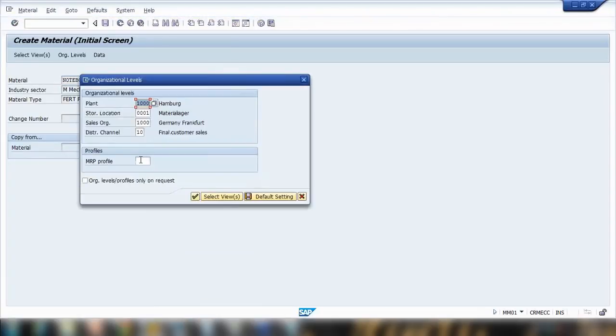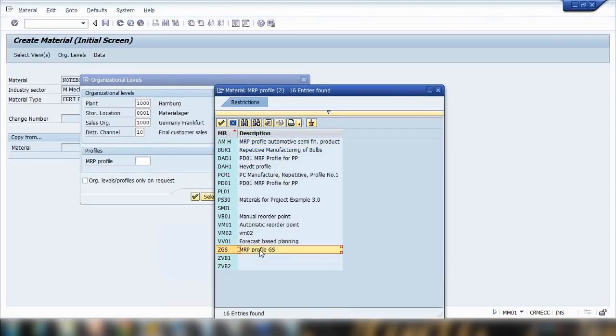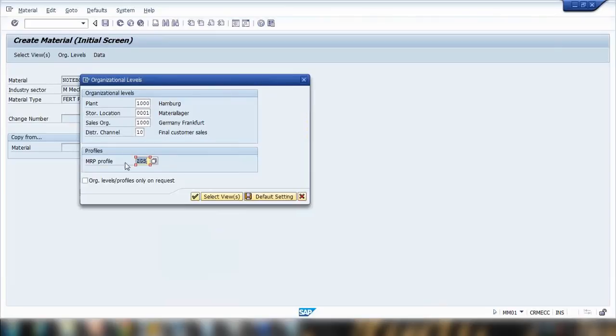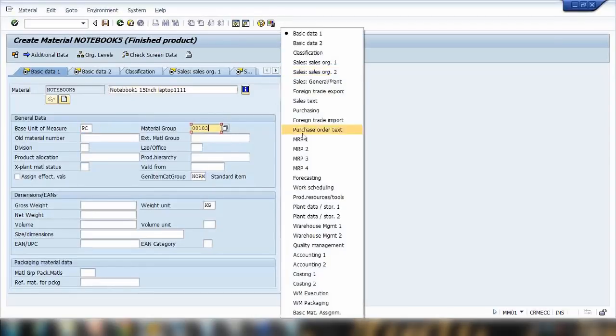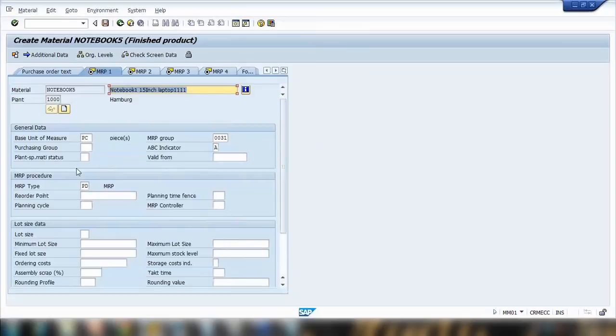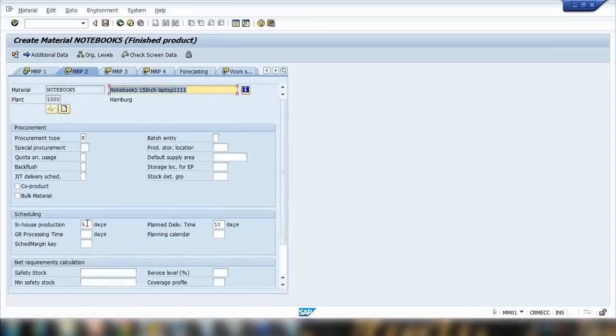enter. Here in the screen, in the MRP profile, select the MRP profile that you want to copy from. I created ZGS, so select ZGS. That means all the attributes that you have created in ZGS will be copied here. Check. So for the notebook, give it a name. If I jump straight to the MRP data, MRP view, you can see it's speedy. How come it's speedy? If I go to the next one, I need to enter the MRP controller. Here this is 5, this is 10. Why? Because this is what we have maintained